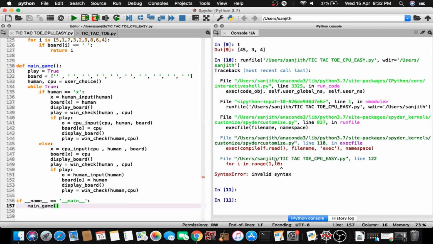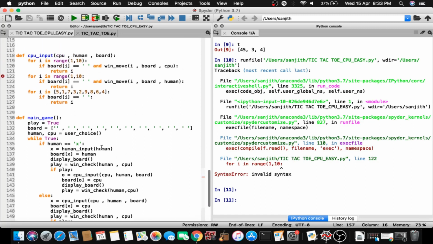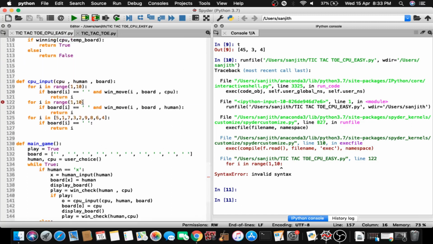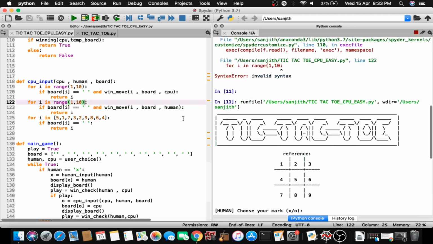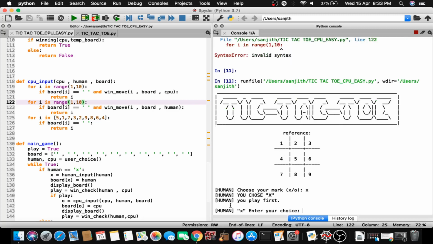Yeah, if we execute, there's an error in the line 122. What is there? Okay, we missed this bracket. So if we run now, it is first asking the human to make the move. So if it is X, we are choosing X, it prints you chose X and you play first. So it's asking for our choice. We'll press enter,